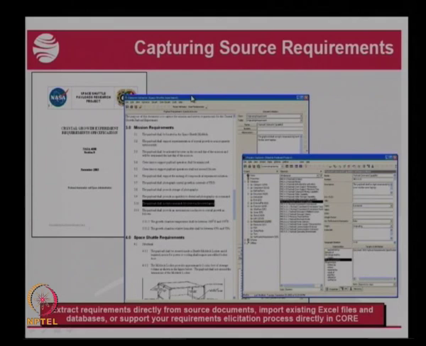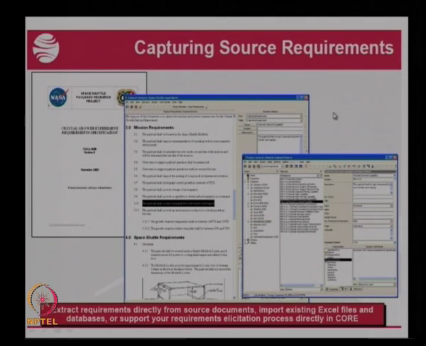While developing the requirements, the software allows you to extract requirements directly from source documents. The documents could be an Excel sheet or a word processing document. Any of these tools can be used to extract the requirements, and the requirements will be put into the database of the software, supporting your requirements elicitation process directly in the tool.